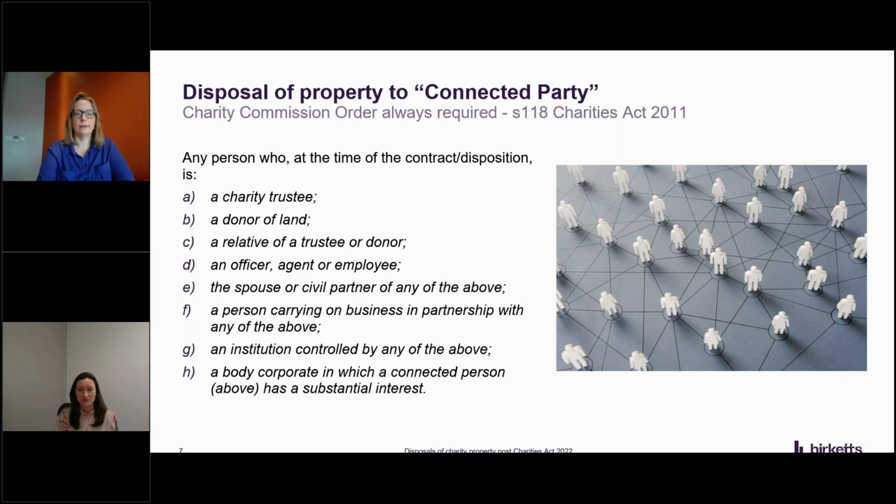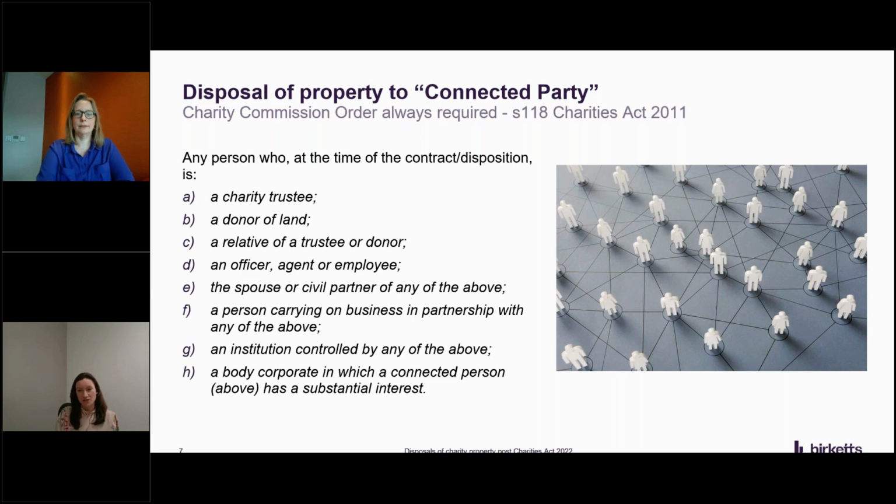It's on the screen there. I'm not going to run through it all in detail, but as you can see, it's quite wide, and it catches anybody connected with the charity. That's not just trustees and donors, but it can be relatives of them, persons working for them, institutions controlled by any of those people. So you need to be really careful to identify the other party that you're transacting with and make sure that they're not a connected party, because if they are, you may need an order from the court or the commission,